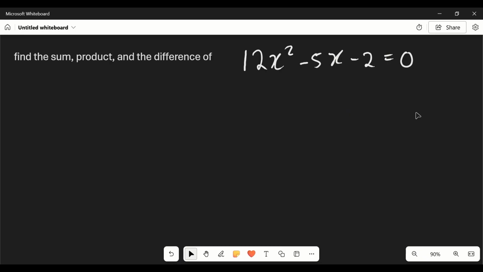Find the sum, product, and the difference of this quadratic equation. We actually can find the sum, product, and the difference of this monstrous looking quadratic equation, but actually not to solve this quadratic equation. So, suppose x1 and x2 are the roots of this quadratic equation. Then the sum is,